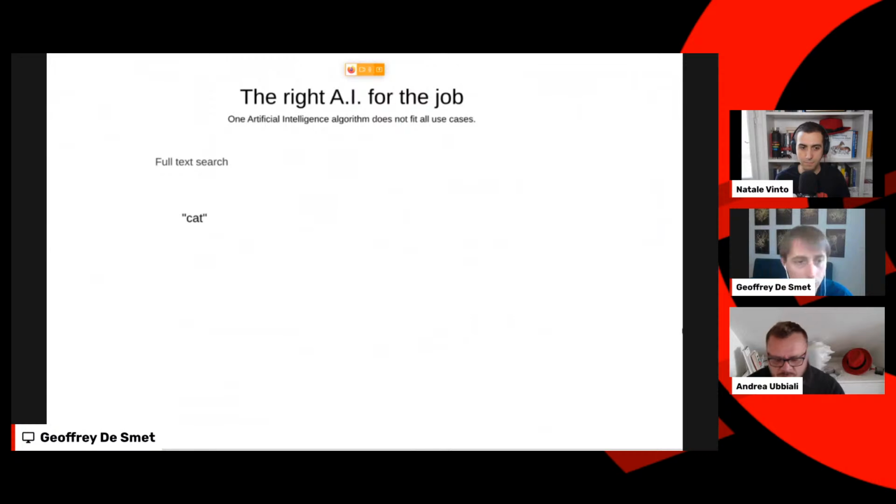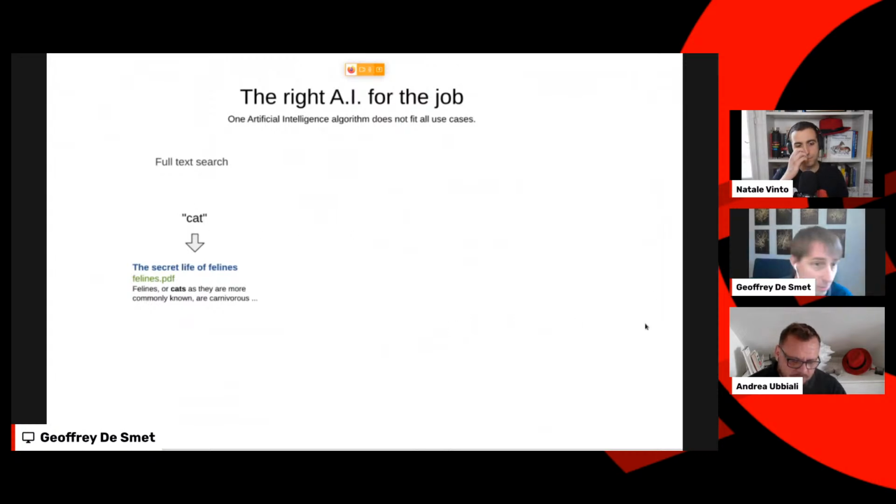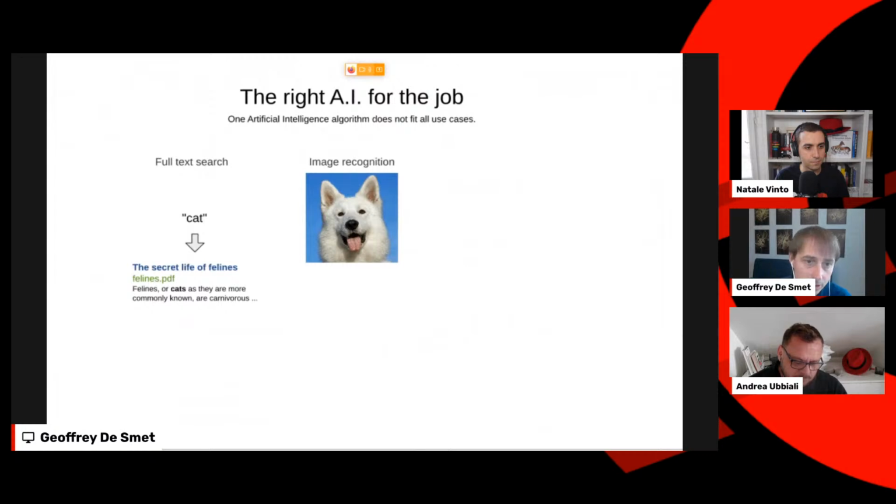You type in the word cat, and you want to go through, maybe on an internal system, all of your files and find the perfect file for that, let's say in this case, this PDF file that talks about cat. That's one problem, and it's a form of an AI problem. Another one we all know is image recognition. You get a picture and you have to figure out what is shown on that picture, and the answer is: this is a dog.